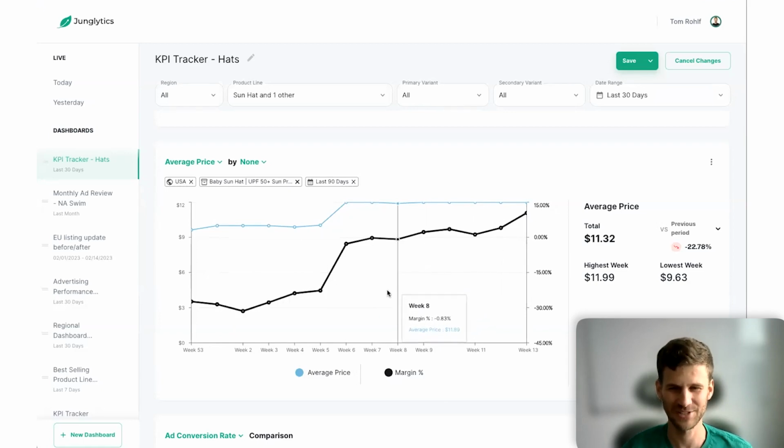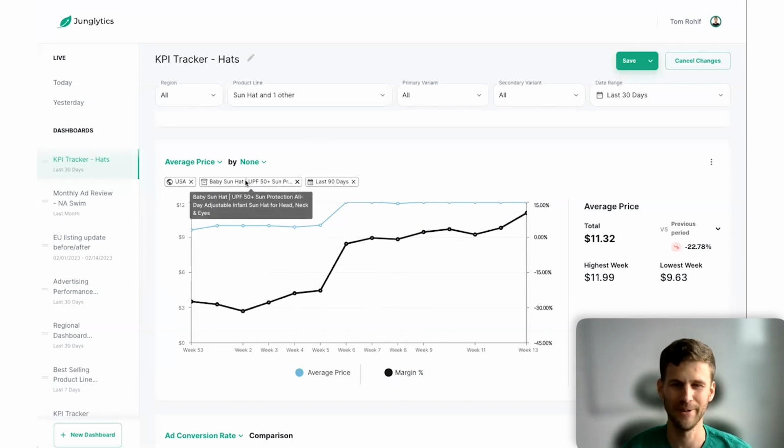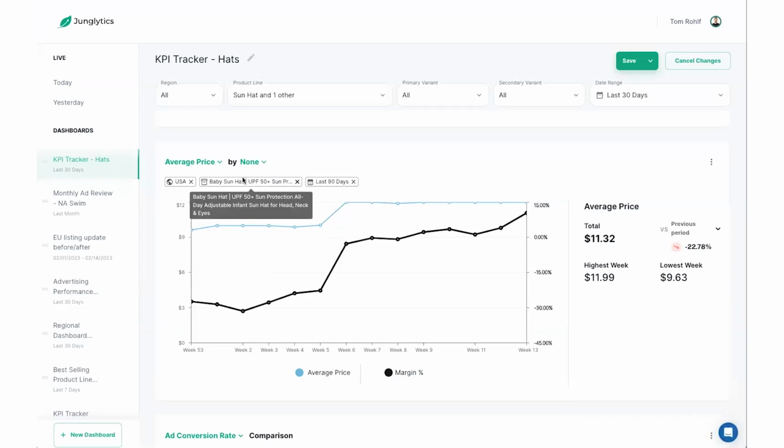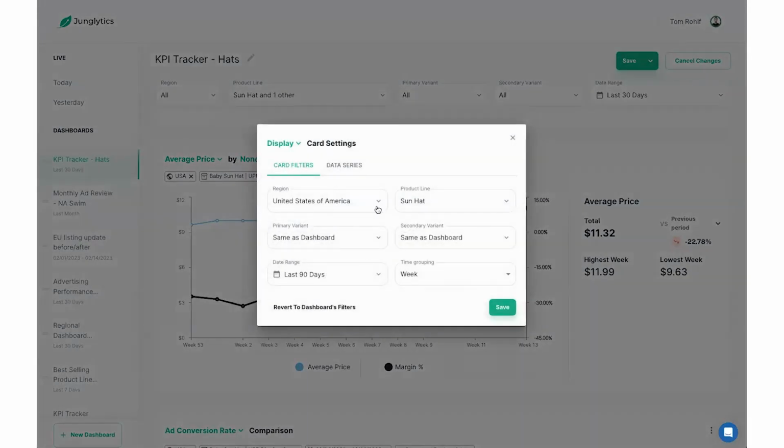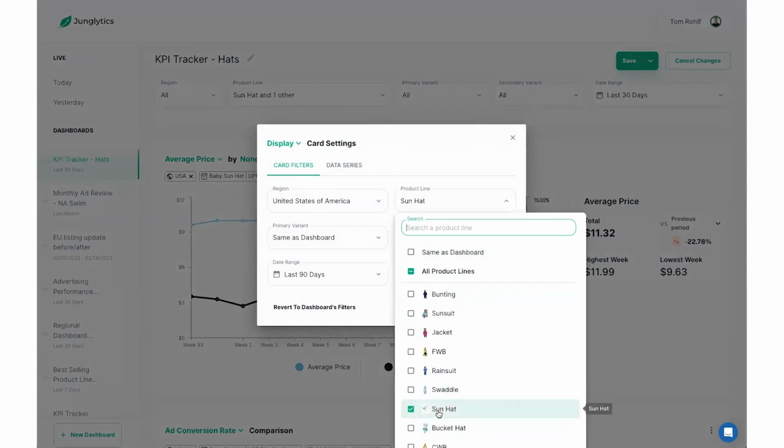And then I'll scroll down a little bit further and we'll look into a few more details about how that change affected our business. One other thing I'll call attention to just quickly here. This is only for the Sun Hat product, not the Bucket Hat product. So I've applied an additional filter on this card, so we're only looking at the Sun Hat data. And one more time, if you wanted to do that, you can do that right here, adding just the Sun Hat as an additional filter.